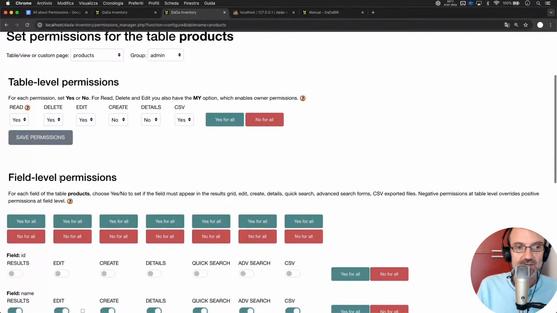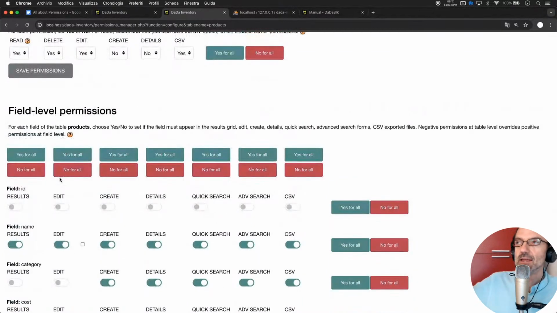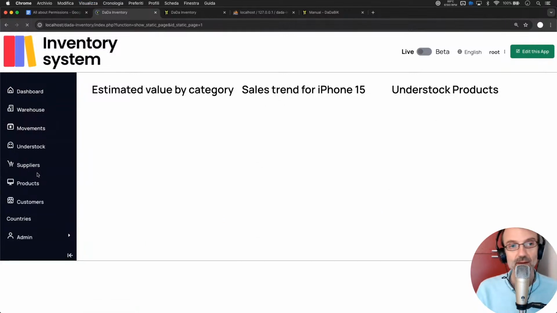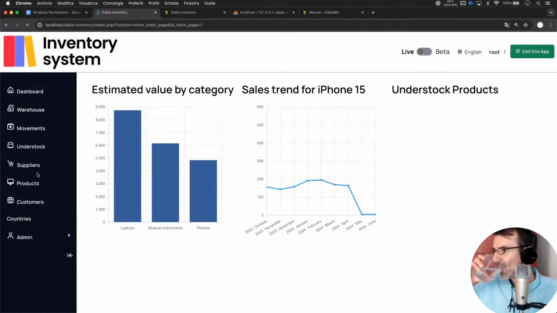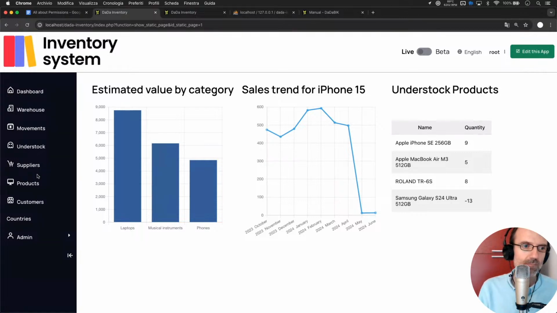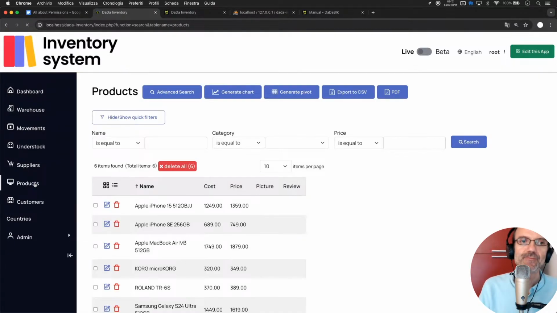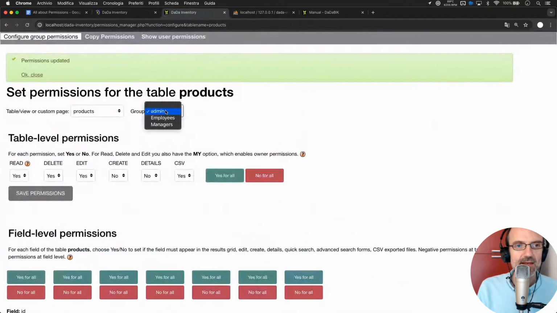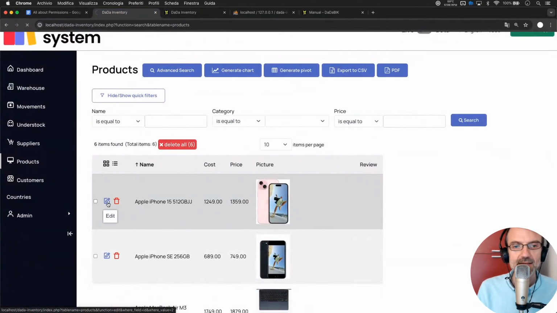Field level permissions. Not only do you set permissions for the table, but also for each of the fields composing the table. Let me give you an example. Let's go back to products. Okay, edit for admin is allowed, yes. So I can edit products,